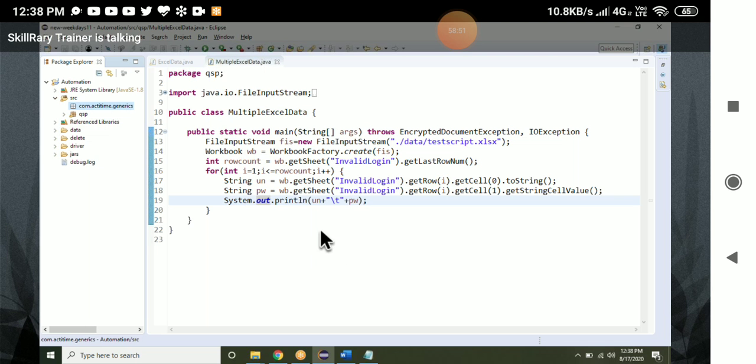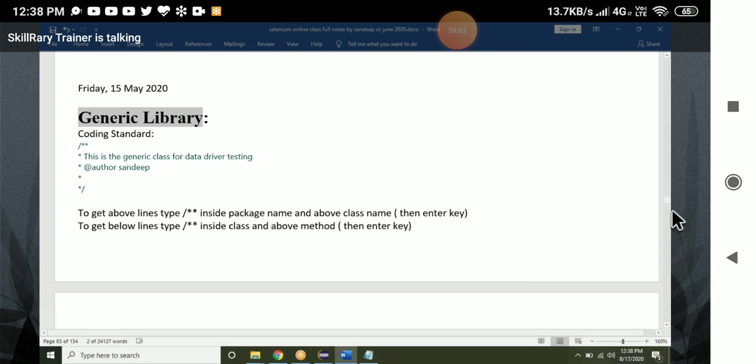Now in real time we never write a program to read the data from the Excel, or read the data from the property file, because 1000 test cases means